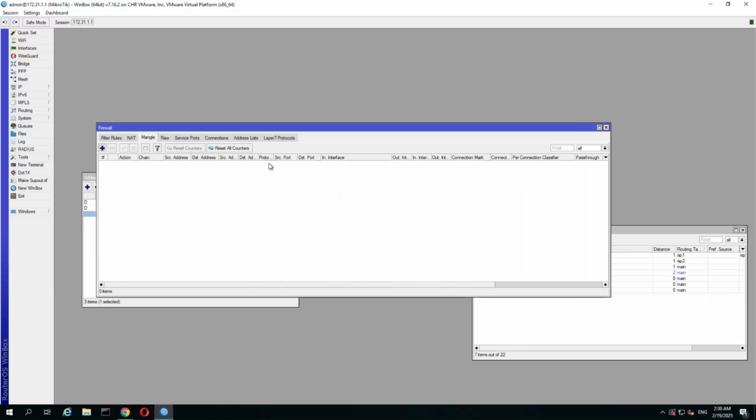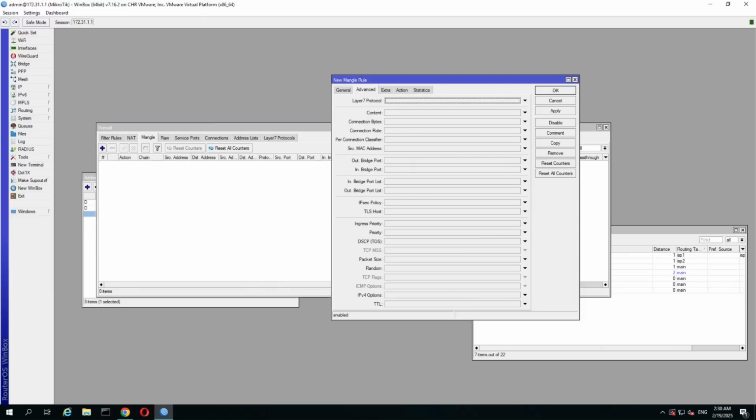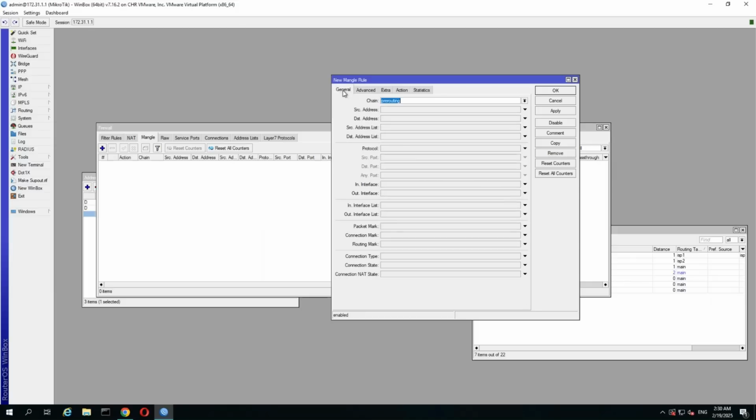Now Mangle rules, let's make sure we get all of these set, because there's quite a few to do. First ones we're going to do, everything's going to be in the pre-routing chain first and foremost, but this one is going to be the return traffic first of all. So anything coming in from Ether 1 with a connection state of new and with no mark set, so basically a clear packet with nothing marked on it,